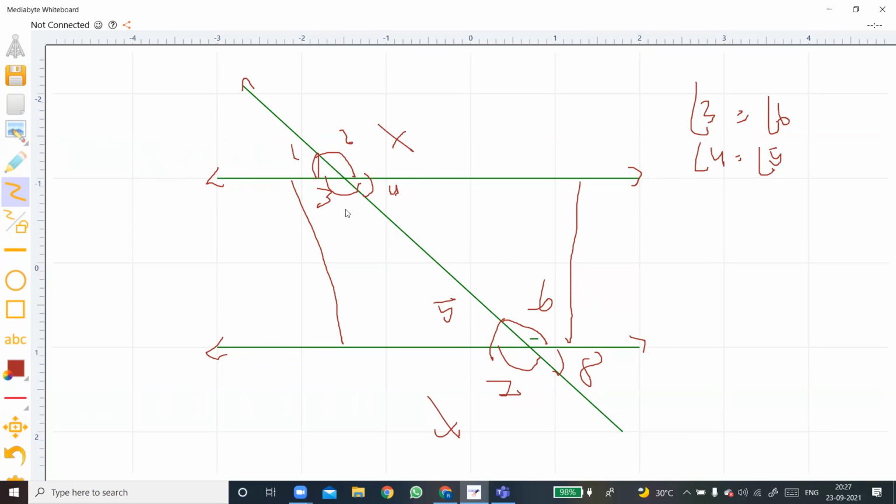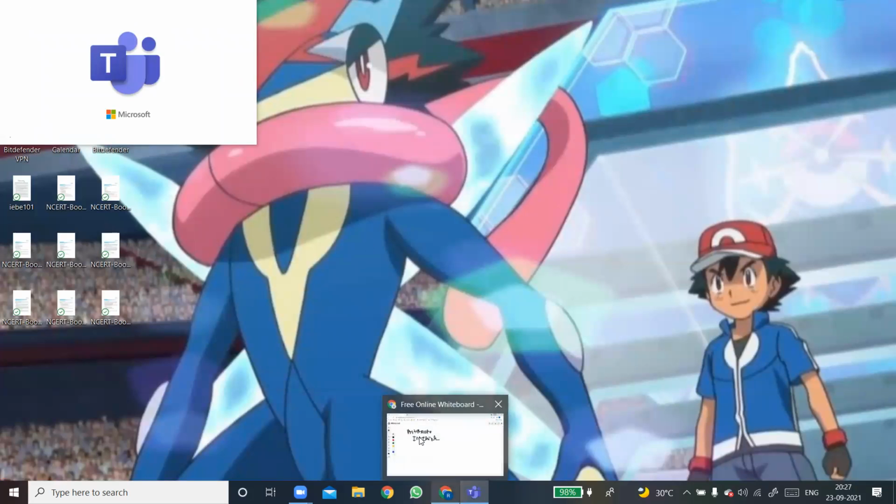And you even have co-interior angles, like angle 5 and angle 3, in the inside portion. If you add angle 5 and angle 3, you will get a sum of 180 degrees. If you have 55 here, you do 180 minus that, and there you go, we have the value of this one. So co-interior angles are angles inside the transversal. These two angles add up to 180, and these two angles add up to 180. So this is what we have for our day.